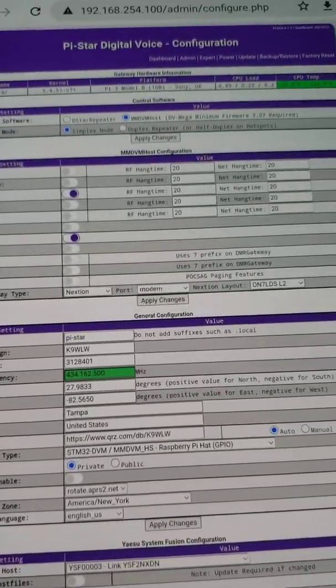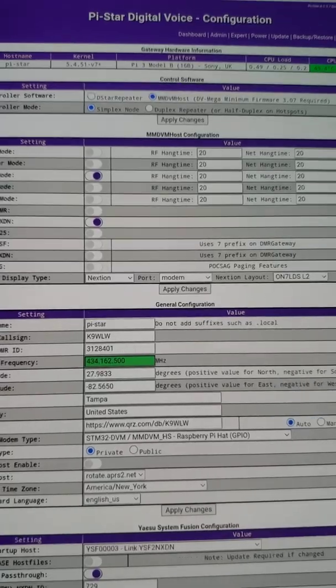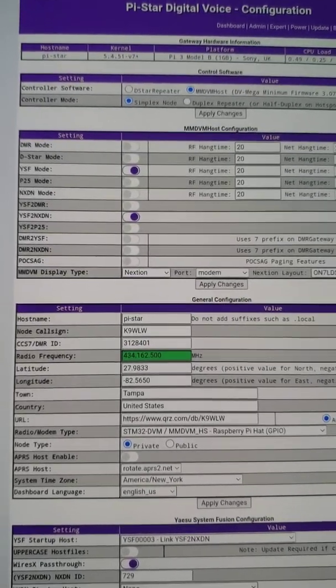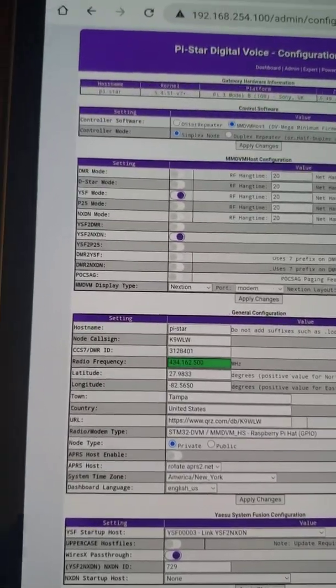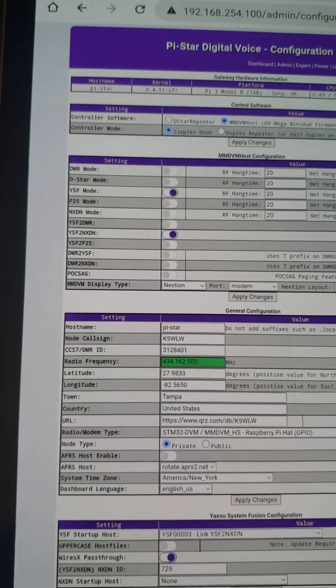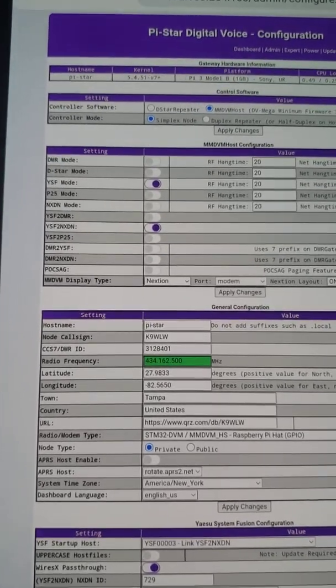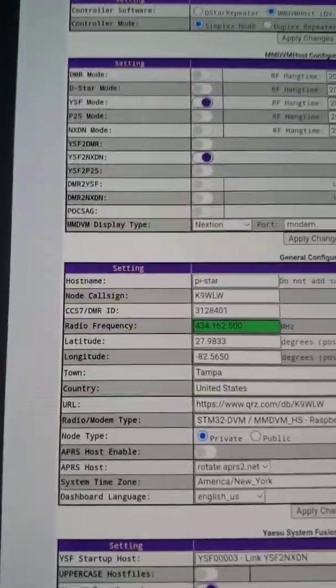This is K9WLW, and I'm moving along to another Pi-Star cross-moding video. This video I'm going to explore YSF to NXDN. I particularly enjoy this one because it works well and it's a little easier to set up than YSF to DMR. To kind of give you a heads up on it,